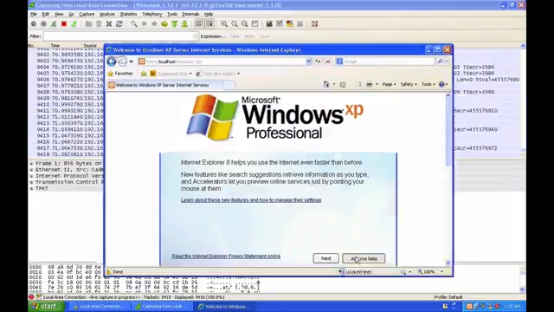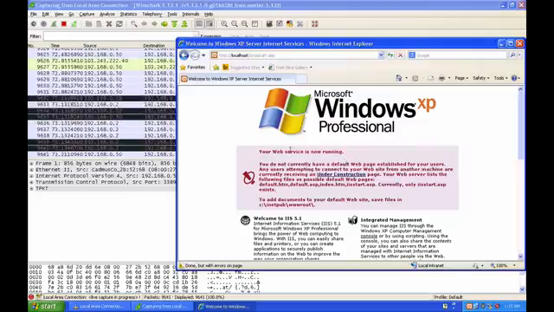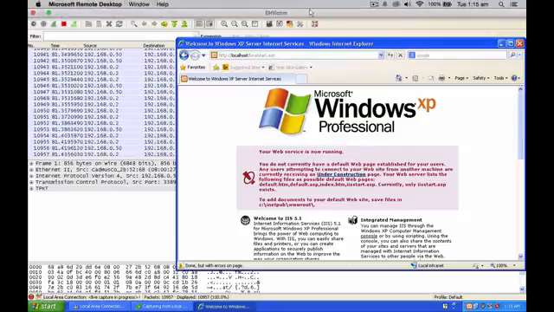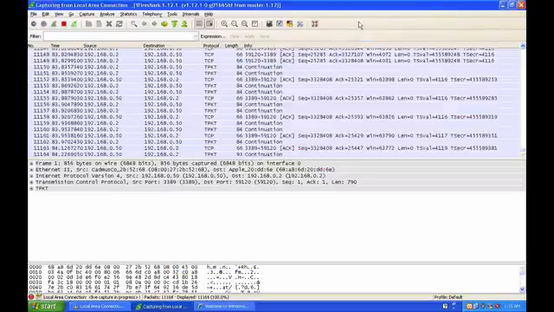Alright, so the IIS site is running on the localhost. What we'll be trying to do is flood this IIS, we'll be trying to flood port number 80 with